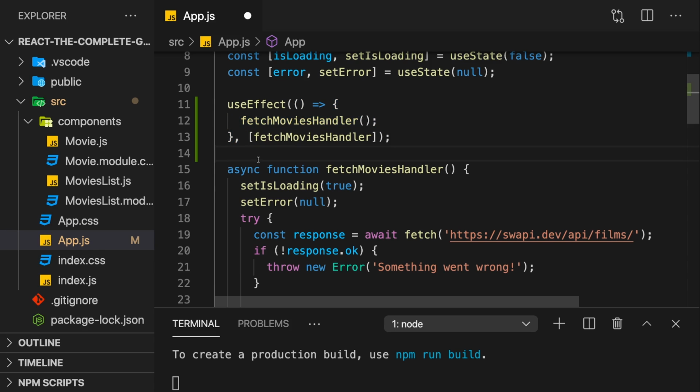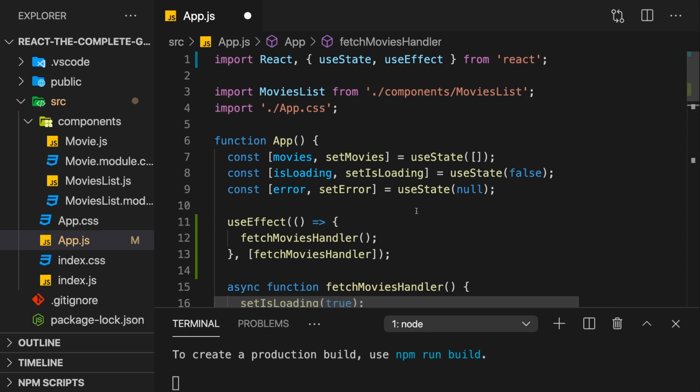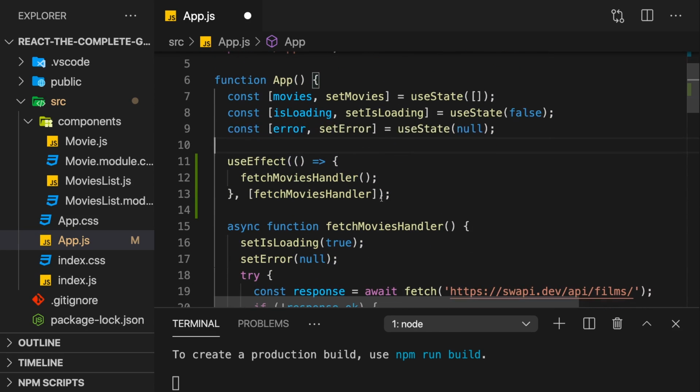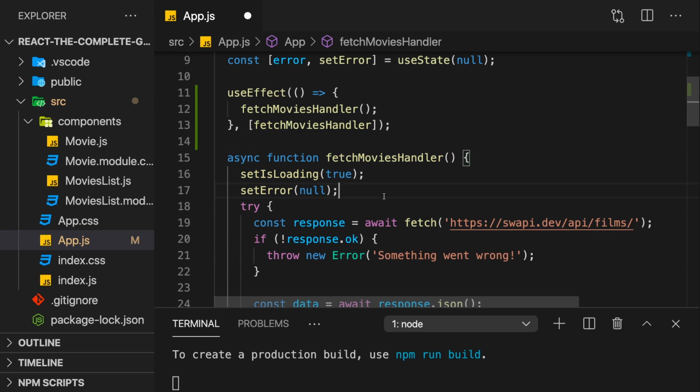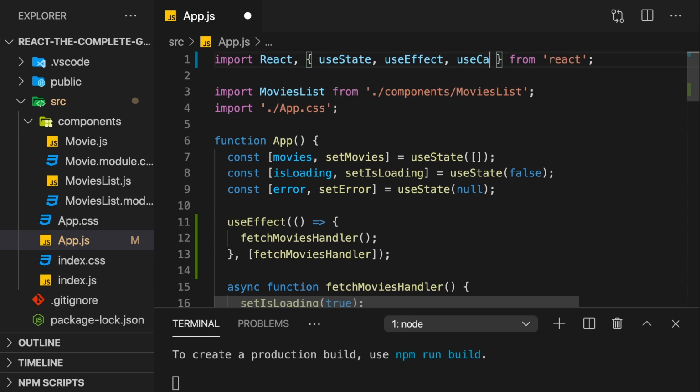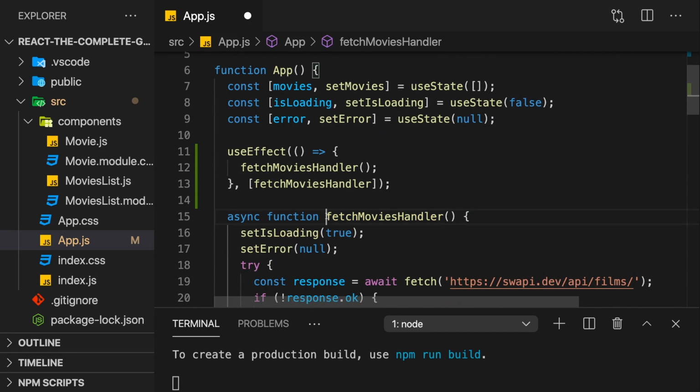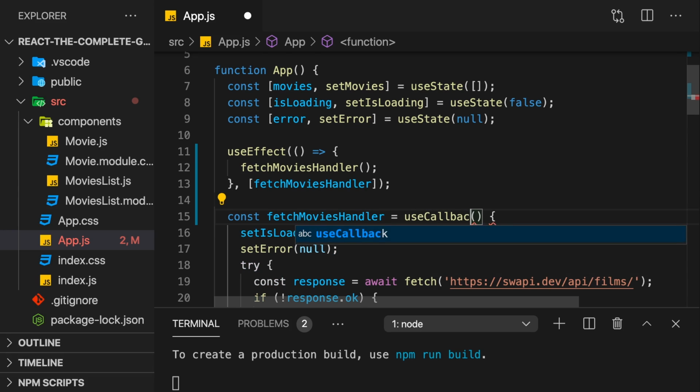The problem with that is that functions of course are objects, as you learned, and therefore this function will technically change whenever this component re-renders. So we will create an infinite loop if we add it as a dependency. One solution would be to omit it, because here that would indeed achieve the result we want. But it could introduce subtle bugs if our function would be using some external state. So the better solution is to use the useCallback hook and import that from React and wrap the fetchMoviesHandler with that. For this we need to transform it and turn it into a constant, which saves the result of useCallback,